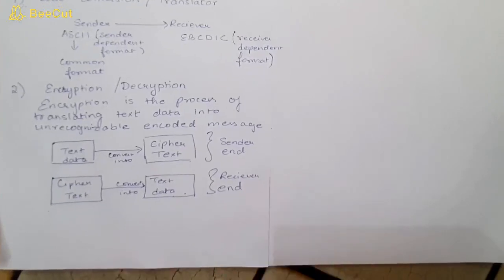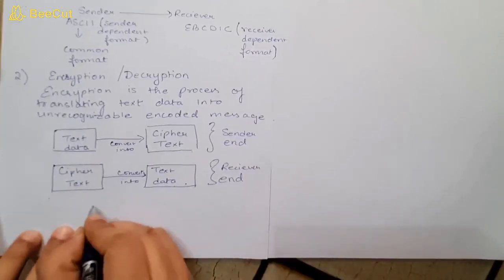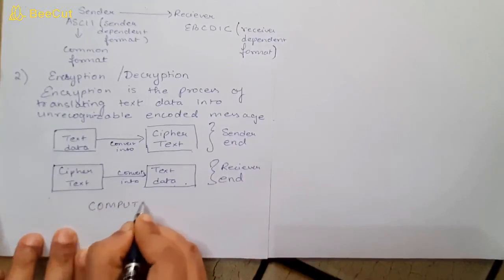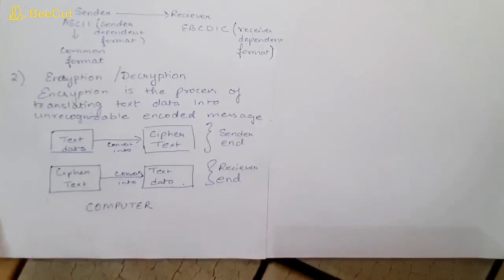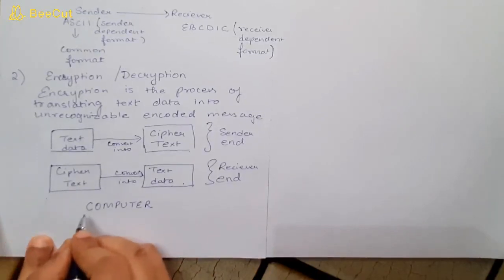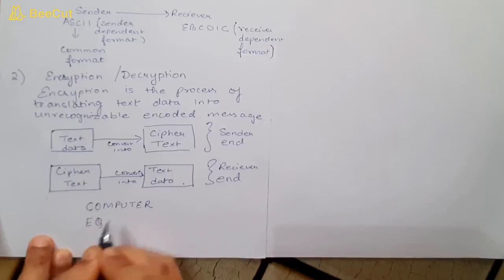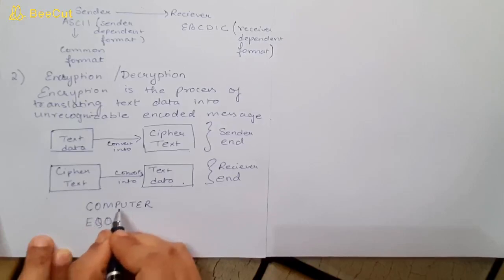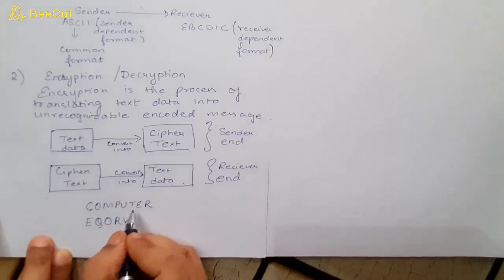Okay, we can take one example for the key also. Suppose the sender wants to send the data "computer". This word the sender wants to send to the receiver. Now the sender can use a key, like he can replace every letter with the third successive letter. So here you have C; the third successive letter will be C, D, E. It will be E. For O, it will be Q. For M, it will be O. P, it will be R. U, it will be W. For T, it will be V.